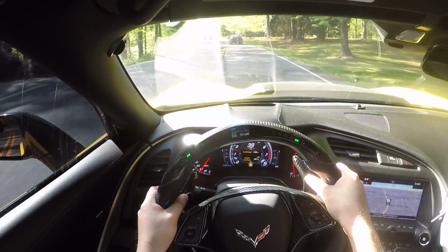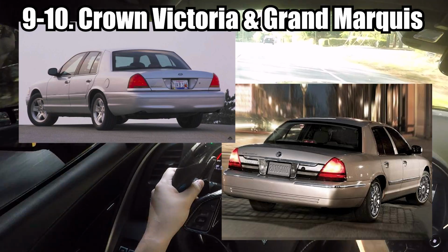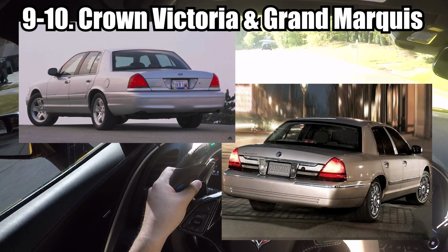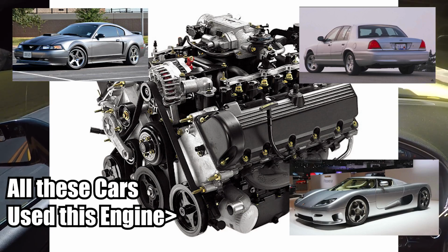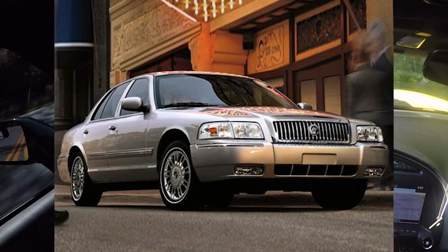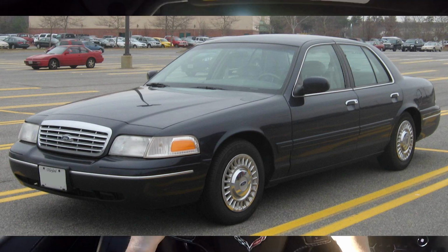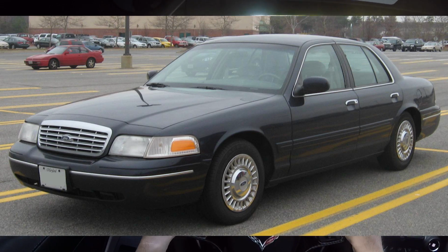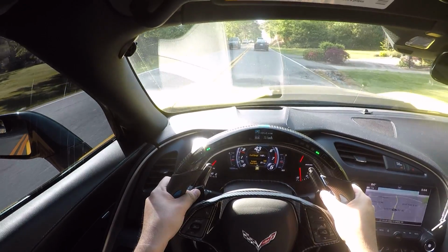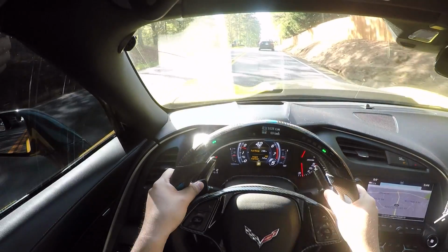And the reason I mentioned both these cars is they do tie into the final entry in this video, which is the Crown Victoria and Mercury Grand Marquis, of course using the 4.6 liter modular V8 that the New Edge Ford Mustang GT also used. Both the Crown Vic and the Mercury Grand Marquis were fantastic cars for their time, being very large, long and wide, with a good road presence, but the main appeal of them was how nicely they cruised, and the solid V8 that they were given made them very